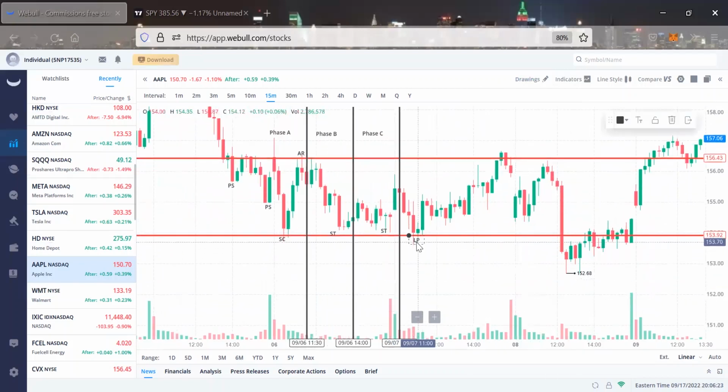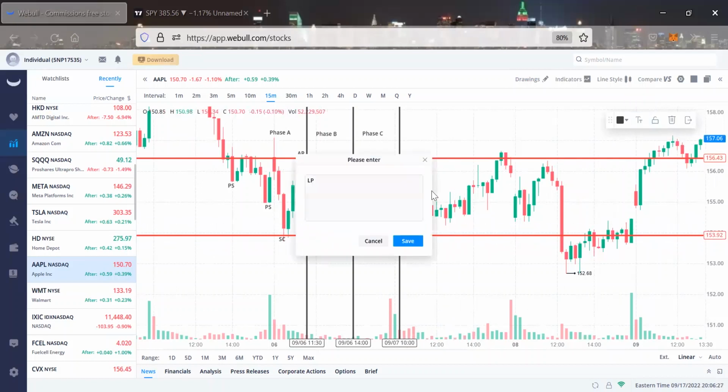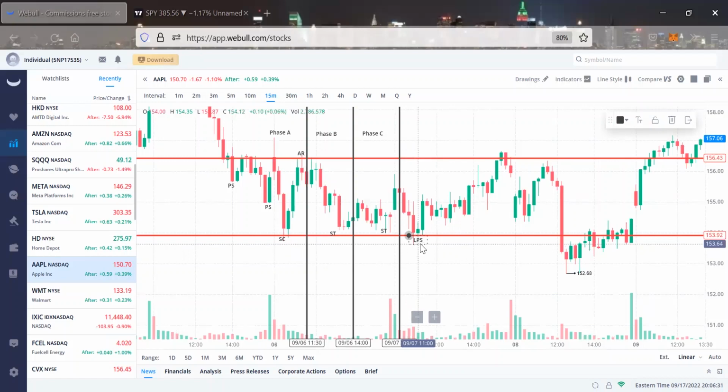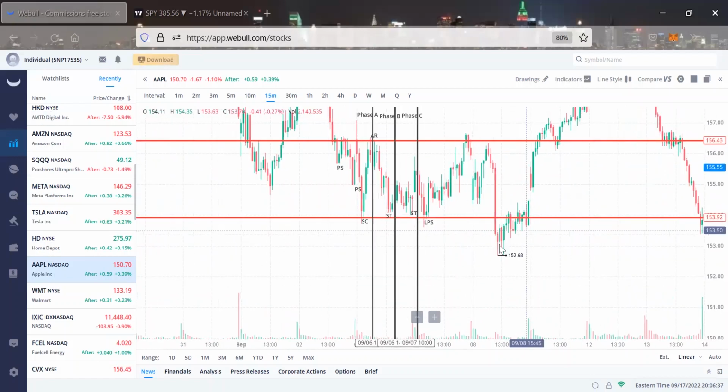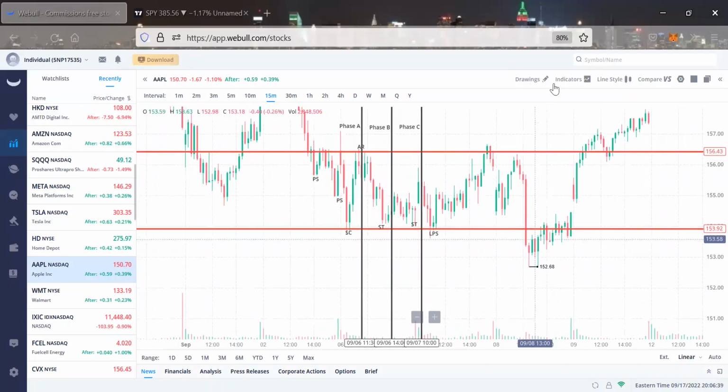LPS, that's what I was trying to say. LPS, last point of support, right? We have your LPS, last point of support, meaning, and that is phase C, this is phase D, by the way,